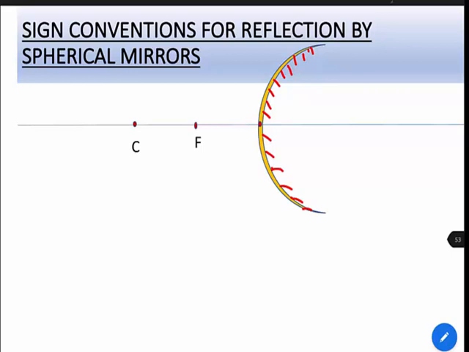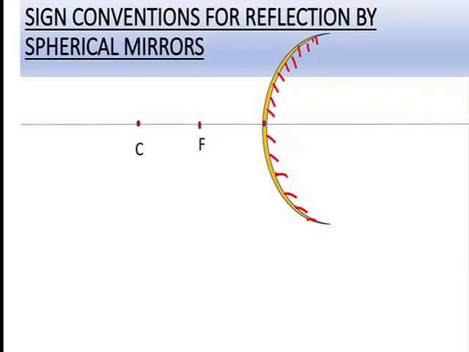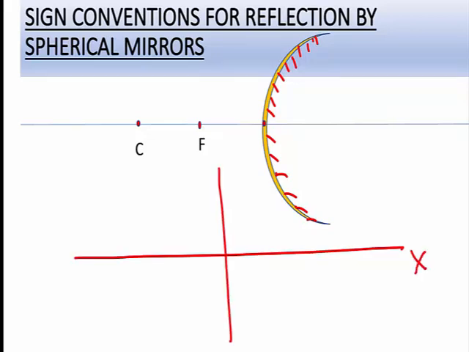So let's say that here we have a convex mirror, and as you can see I have marked the parts of the convex mirror. The first assumption that we make is this. Now I'm sure you must have all studied graphs in mathematics class or in your previous classes. Now how do you make a graph? You have an x-axis and a y-axis. If I mark a point here towards the x-axis, that point will be a positive point. Suppose this value is 2. So the value will in fact be plus 2.